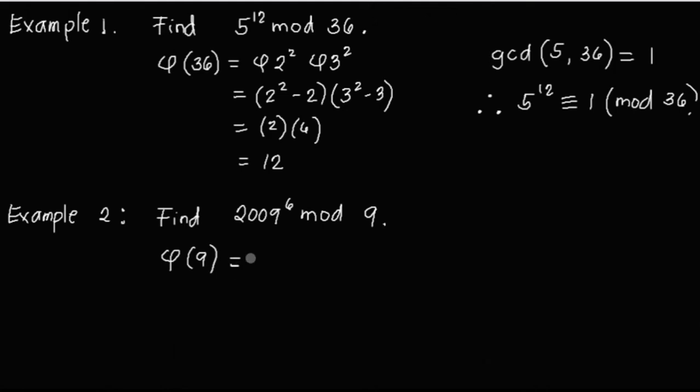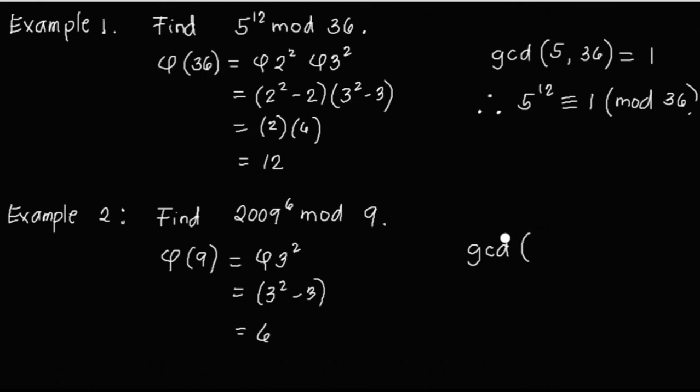So that's equal to phi of, sorry, should be phi of 3 square, diba? Then applying rule number 2, that will give us 3 square minus 3, and 3 square is 9 minus 3 is 6, right? And since this one is the same as the exponent, and the GCD